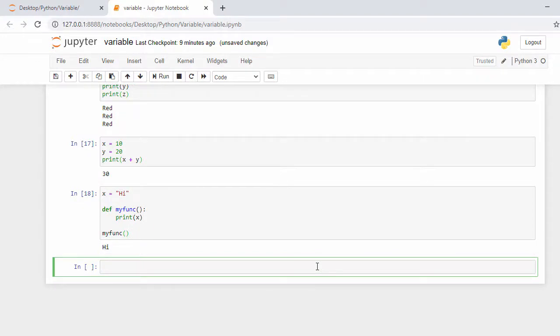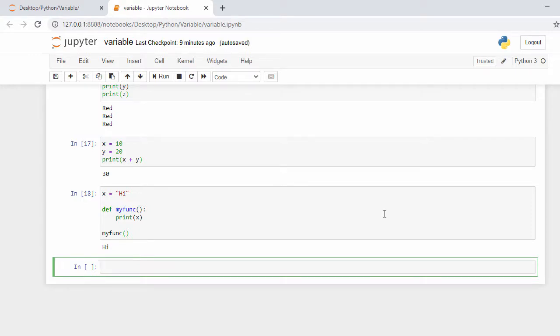So here I have a global variable x having the value hi, which I'm accessing inside my function. The function name is my function. Now, a function cannot change the value of the global variable.